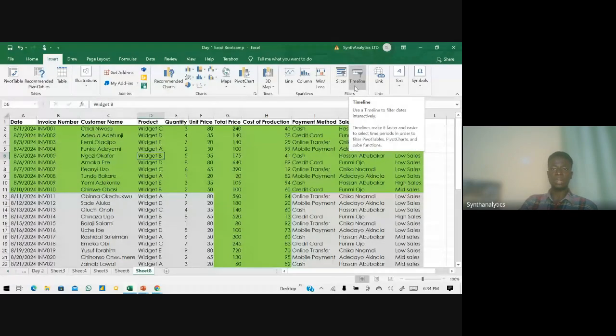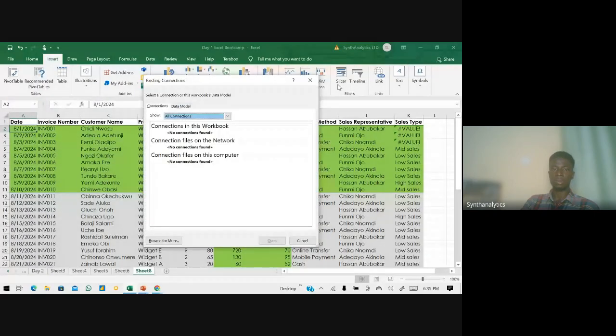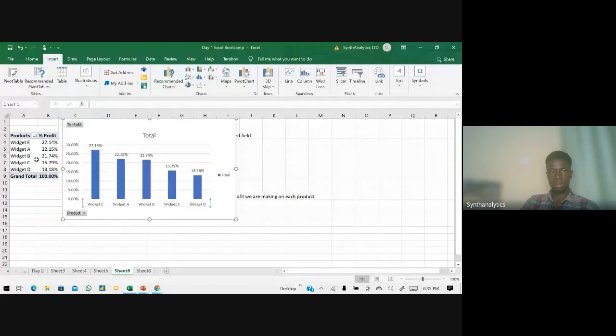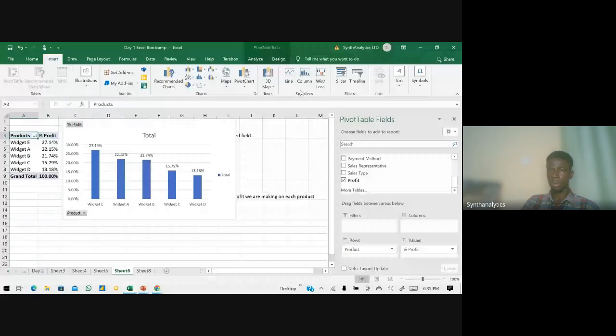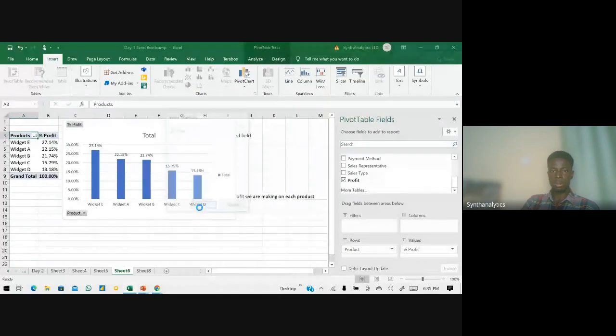If you have dates, the best tool to use to analyze is your timeline. For example, we have date over here. So let's click on timeline, and click OK.